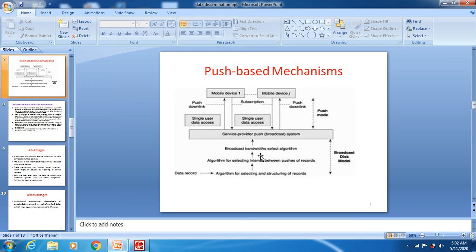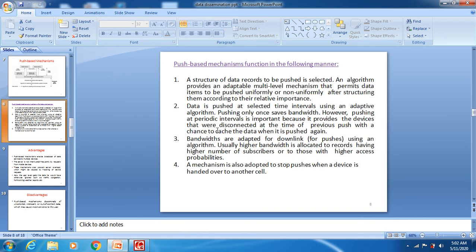These are the steps we follow in the case of push based. We will see them one by one. Just read it. First one is the structure of data records to be pushed, selected by an algorithm that provides an adaptable multi-level mechanism that permits data items to be pushed uniformly or non-uniformly after structuring them according to their relative importance.